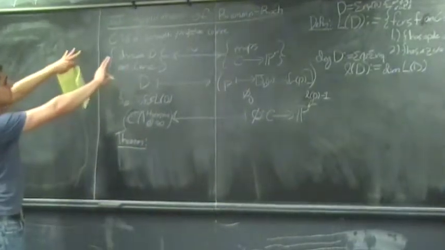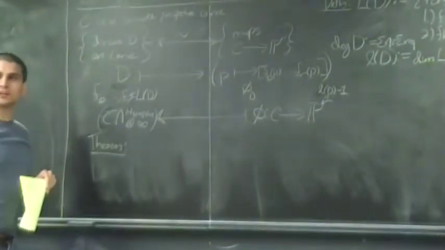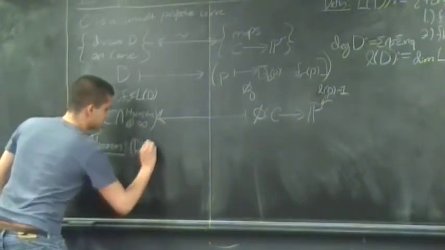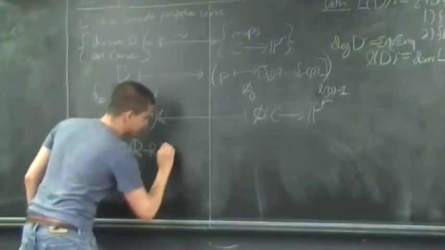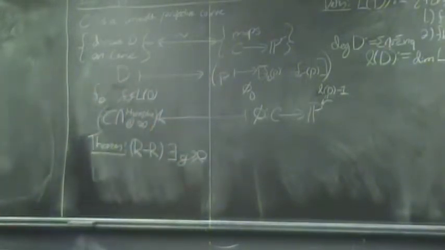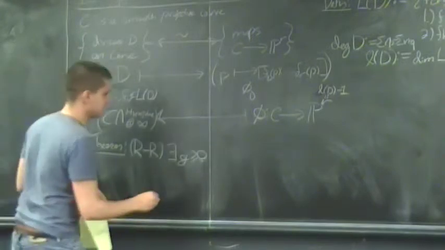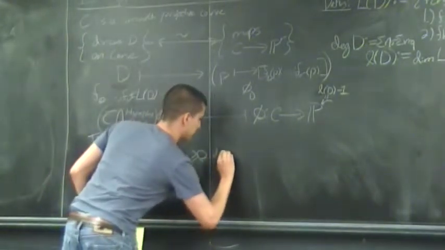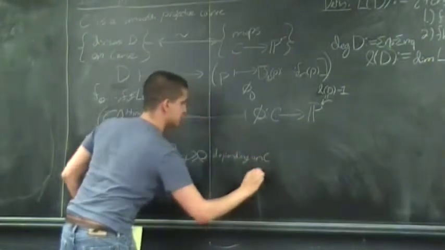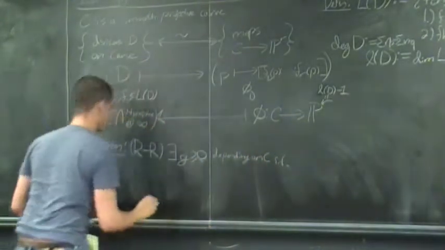So for this part, we could relax the smooth and projective hypotheses. For this theorem, we cannot. So this is the Riemann-Roch theorem for curves, and it says there exists a non-negative integer g, depending only on C, such that